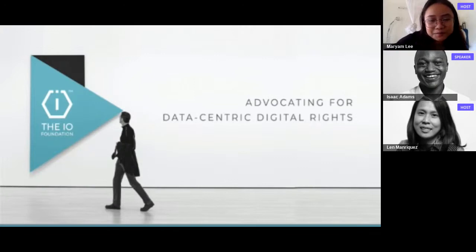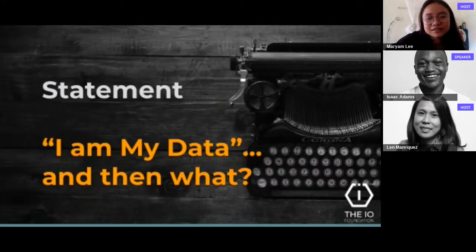So today we are discussing one of the pillars of data-centric digital rights. The first pillar is I am my data. The second pillar is rights by design. And the third pillar,